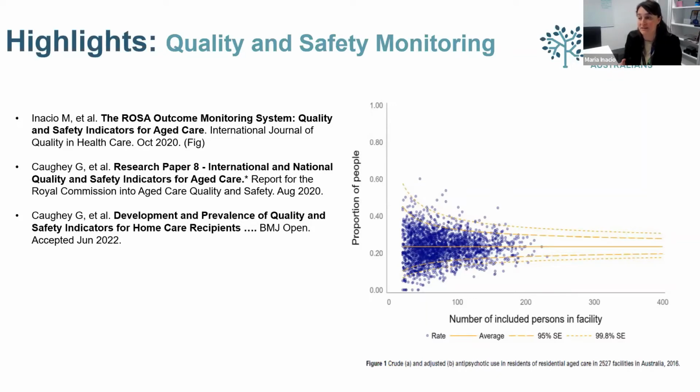The other one is the obvious lack, the much lower burden on the providers in monitoring this information, because this information can be captured from existing data sources. And so there's an immense amount of value in here. And then also the other thing that we can do really well is provide